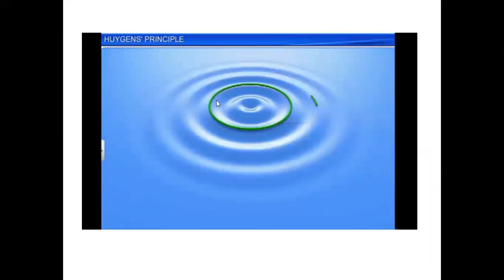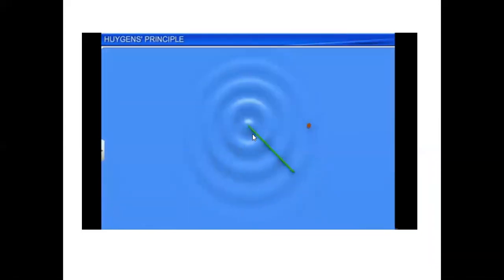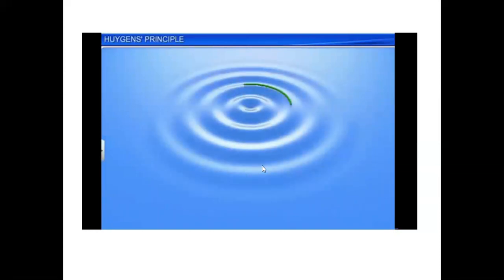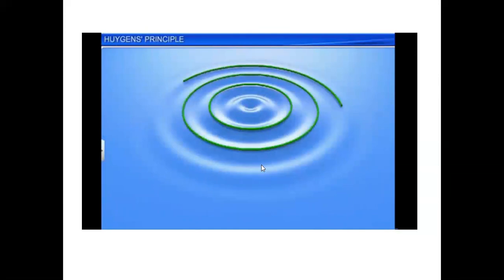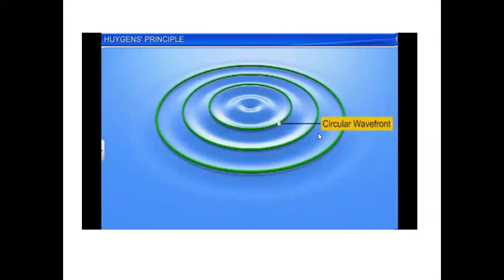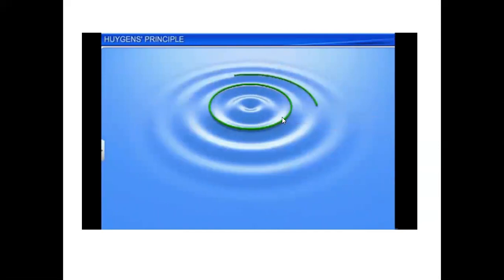If you draw a line or a circle, this is called the locus of all the points. So this locus is having a crest, this locus is having another crest. So from the source at a particular distance, all the particles will be in phase. So the locus of all those points gives the wavefront. Of course, here the water ripple is a two-dimensional wave, so it doesn't travel upward and downward. It travels only on the surface of water. So it gives a circular wavefront. It is not spherical. So water ripples produce a circular wavefront since it travels only in a plane.